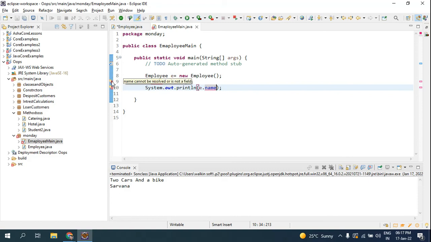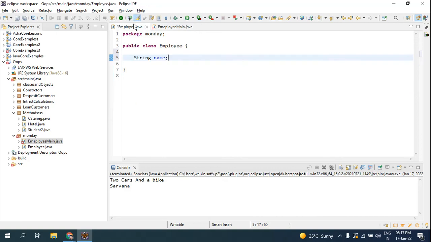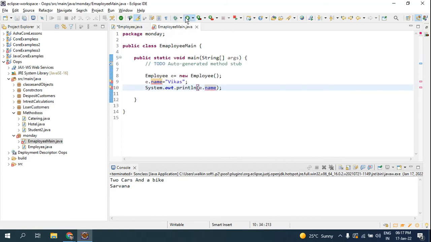It has some errors. Name cannot be resolved or is not a field. Why? Because here I have given default, so I have to give this as public. Look here, once I give this as public, now the error will be removed. Look here, now I'll give this attribute as public. Now if I run,